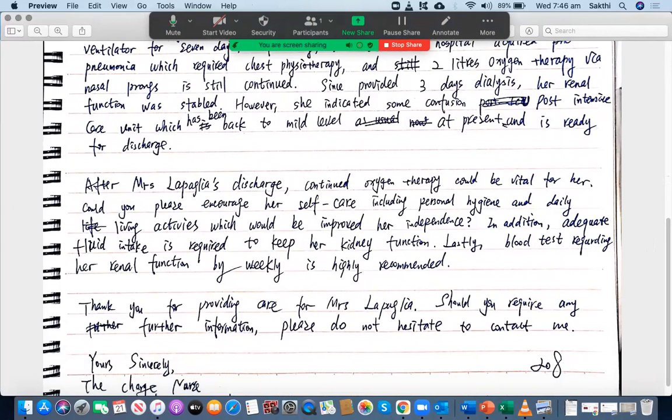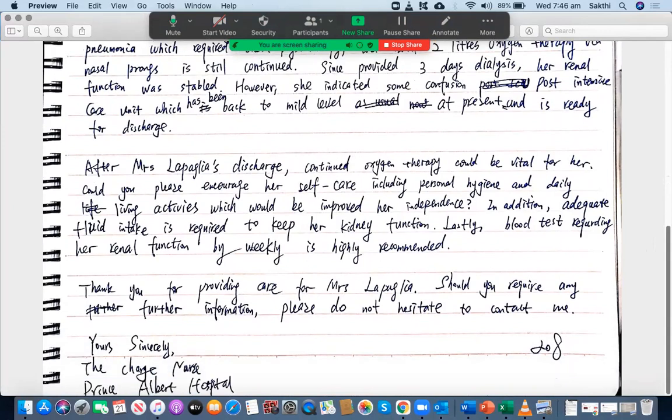Which has been back to mild level at present. That's okay, and is ready for discharge. That's all right. Okay. After Mrs. Lapaglia's discharge, continue oxygen therapy could be vital for her. That's good. Could you please encourage her self-care? Encourage her self-care, including personal hygiene